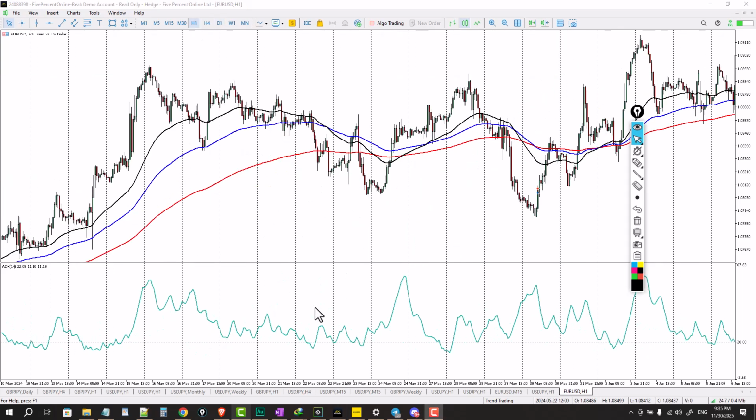Another use case is you can use the ADX indicator to filter out bad trade setups. So let me give you an example. Let's assume that you identify a trend trading setup. So let's say the rules for your trend trading are: you wait for a pullback and then you enter the market with a trade in the direction of the predominant trend. Now, there are times when you take trades in the direction of the trend, but